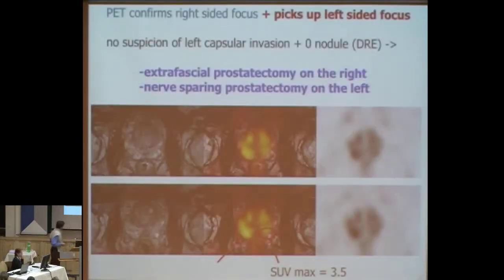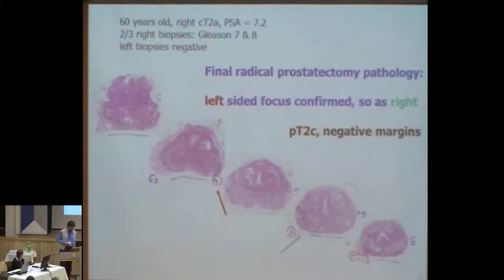Now, what does PET MRI add to that? These are the fusion images. This is the right lesion that we know is there. Diffusion was positive. Here comes another lesion here at the left apex with an SUV of 3.5, and this was confirmed at pathology. You see here on pathology that we did an extrafascial prostatectomy on this side here, wide margin